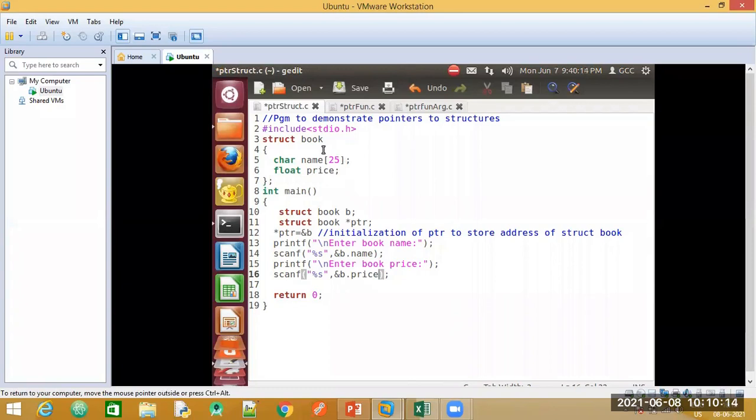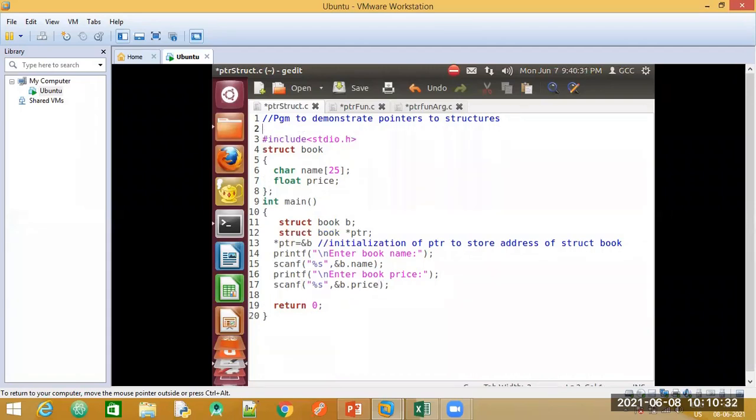Okay. See, we are trying to understand the concept of pointers and structures. Previously we have seen examples where we used pointers with arrays and pointers with normal variables. Let me write here in the comments so that you can relate. If we have just a random variable, this is how we initialize the pointer to point to that variable. Also, when we talked about arrays, this is how we used it, right?